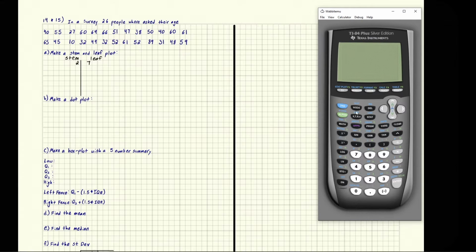So we're going to put this all in a list. We're going to turn on the calculator, go to stat, and then go to edit. Now I have stuff in list 1, so I'm going to come up, hit clear, and then push down, and it should clear your list. And then I'm just going to pull our numbers in. So we have 40, 55, 27,